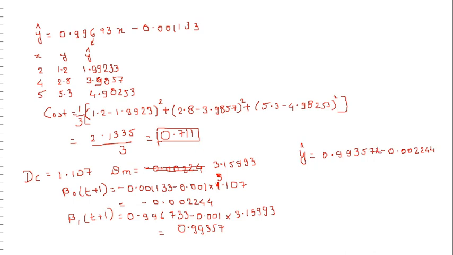This shall be my new equation. Then again we need to compute the error, the cost function. The cost function that we get further is 0.7005. So if you check, the cost function is again reduced. Previous was